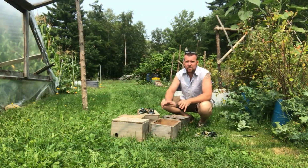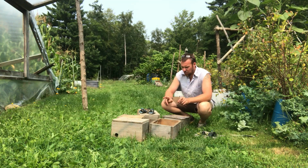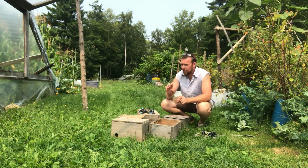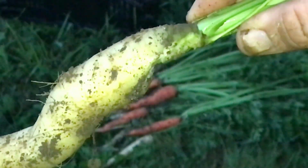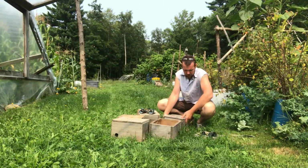Alright, it's definitely that time of year when I have to start worrying about voles. What they do is essentially come around and take little nibbles out of things, particularly root crops. So I've got a bunch of carrots over here, and I pulled some the other night, and I've got my first sign of damage. So what I've done is taken a page out of Elliot Coleman's books